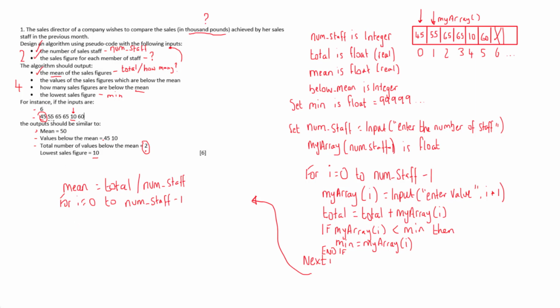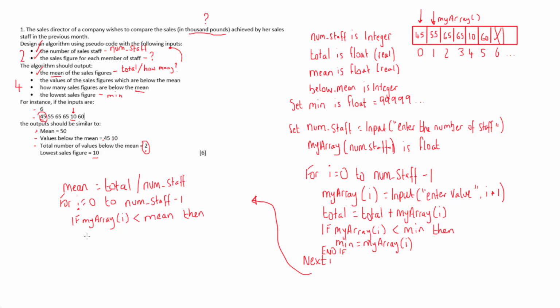And then I'm going to check if the value is below the mean. So I can say if the value in my array at the position of I, which is this, if that is less than the mean that I've just calculated,